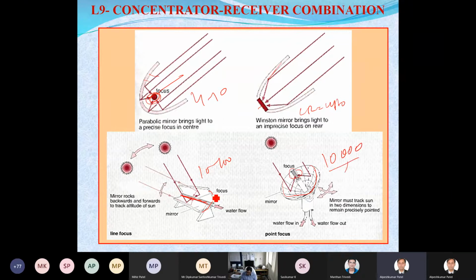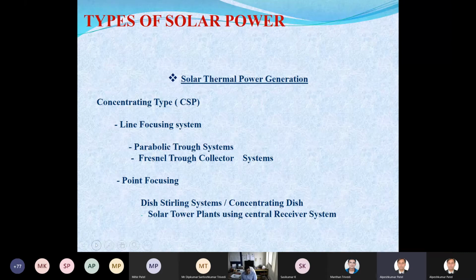So very high temperature. But depending upon your requirement, based on these combinations, the systems are available, but not in India. I'm talking about India, only funnel type is there. So for these solar thermal power generations, we need the solar collector, and these solar collectors are sometimes known as the